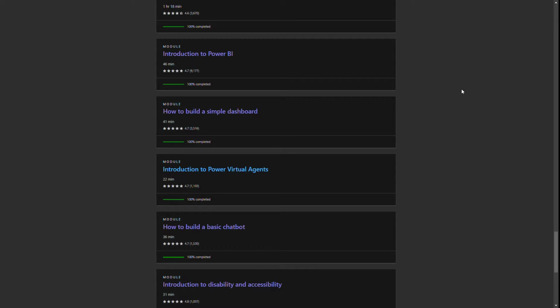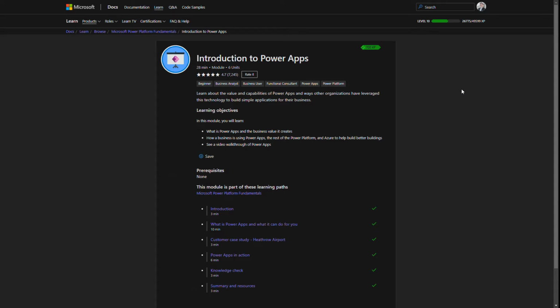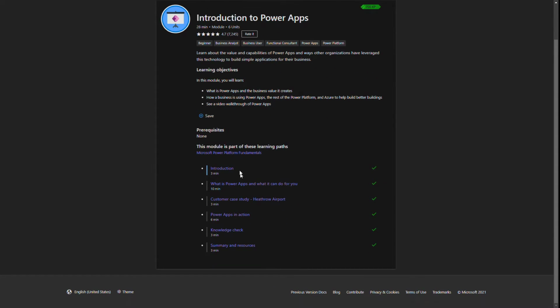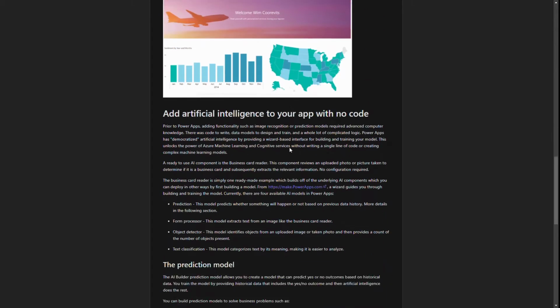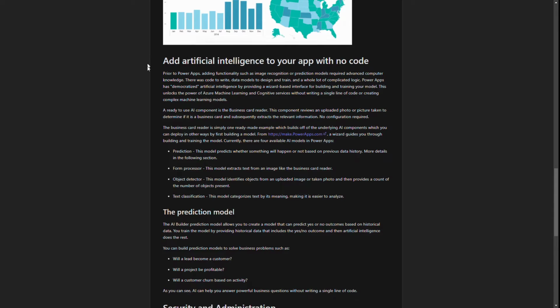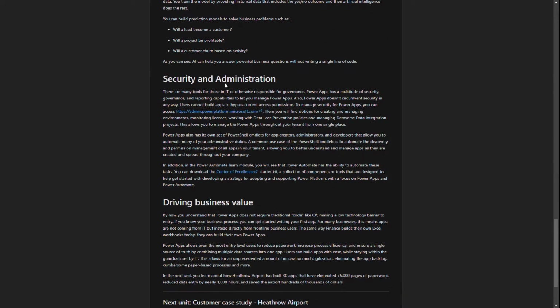forget anything over time. Another thing quickly that I want to talk about is how to actually approach going through such a module. So looking, for example, at Introduction to Power Apps, that's mostly a very generic module where, let me just jump in here, it's just providing you some generic information that you basically review. Plus, it sometimes refers to some other places, some other locations that you can then also